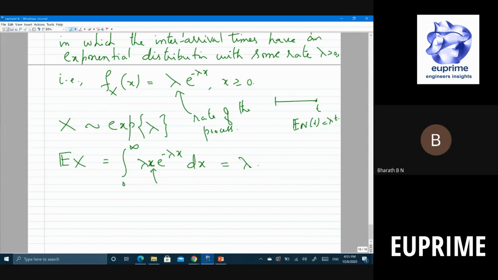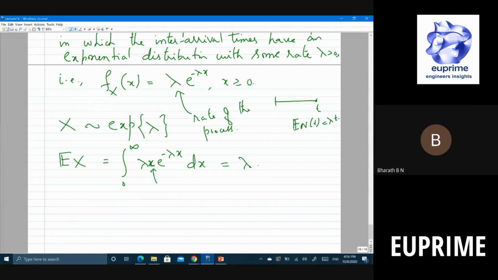Is that fine? Yes, sir. Sir, we have already done something similar for the Bernoulli process, no, sir? There we have got the geometric. The Bernoulli process is discrete. Yes, exactly. So I'll come to that sometime later. Maybe you can go through it. So essentially, in Bernoulli, the inter-arrival times were independent, but it was not continuous, right? It was discrete. That is the difference.